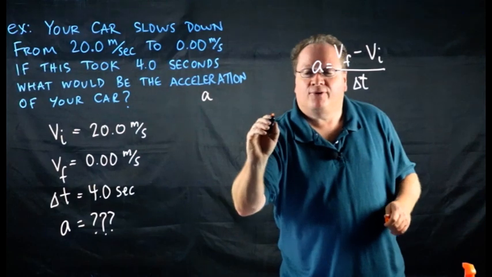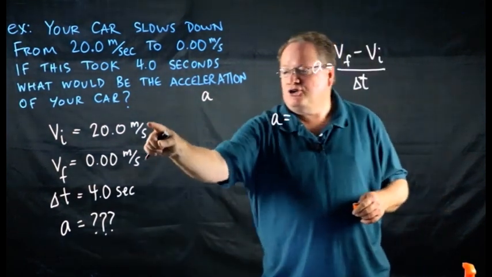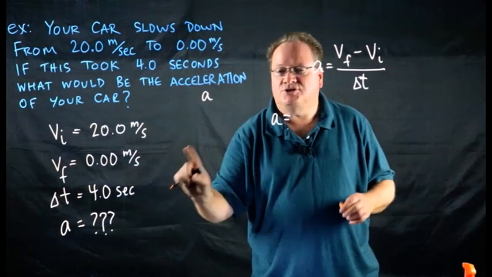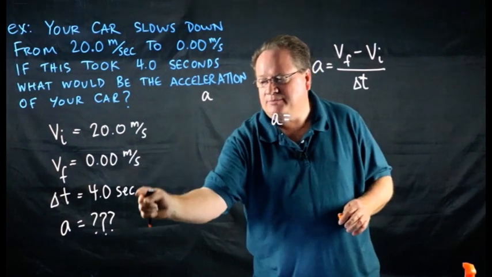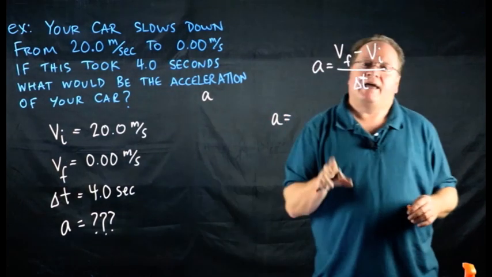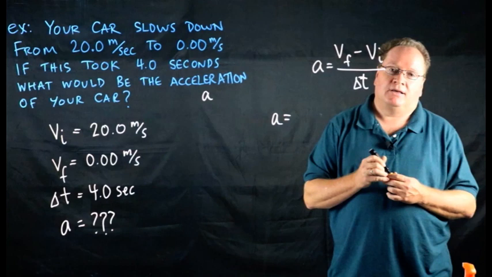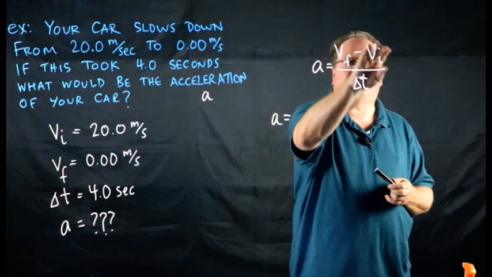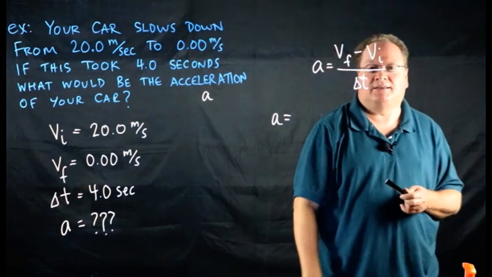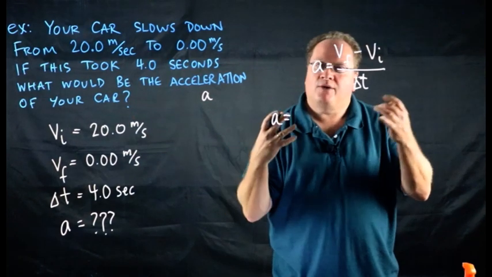One thing before I plug in numbers, though, that you always want to check: make sure your units match. If the units don't match each other, so for instance, all the times are in seconds, all the distances are in meters, if they don't match, you're going to have to convert something to make a match. You can't subtract one number from another if this is in miles per hour and this is in meters per second. They have to be the same. They are all the same, so we can go ahead and plug in.